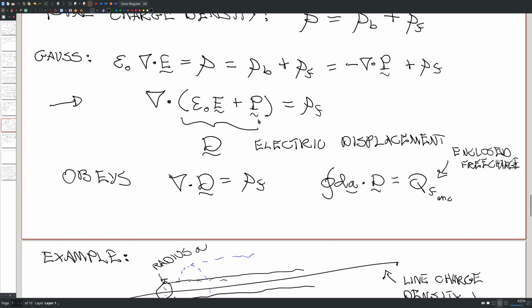So let's say that P is proportional to E. Then this equation is like epsilon 0 plus something proportional to E. But then I could write it like E times 1 plus epsilon. But then the 1 plus epsilon, if I put it back on the other side, is like 1 over 1 plus epsilon. Yeah, and that I can write as an infinite series of terms that correspond to the ones that I was telling you. So an external field polarizes matter, matter then further polarizes itself by the reaction it has to this. So D, to answer your question in more poetic terms,